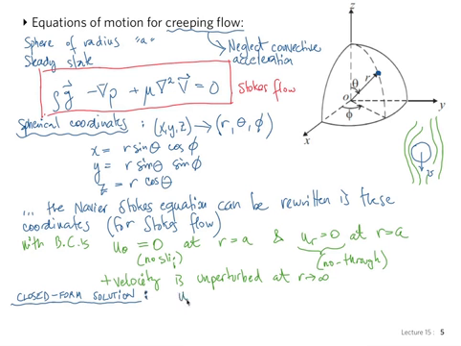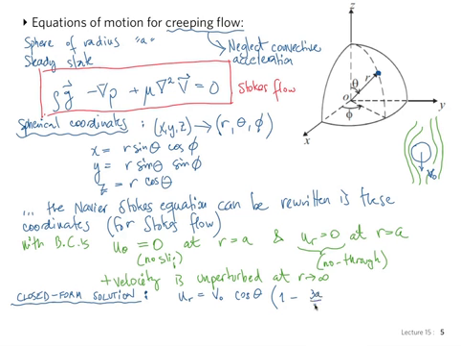You get U_r equal to, suppose this is V0, the steady velocity of the particle falling here, or of the fluid around the particle, V0 cosine theta times